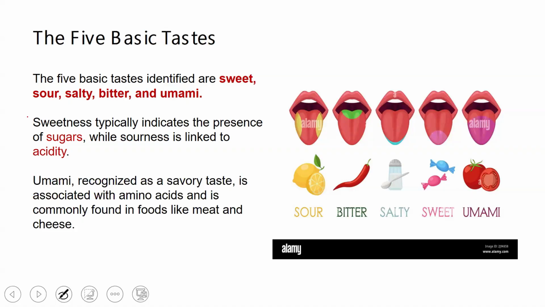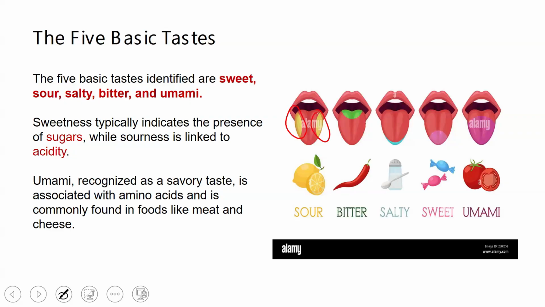So apart from apple, the taste that we have in meat and cheese are examples of the umami taste. And as you can see, ladies and gentlemen, from this picture, the sour tastes are detected by the side part of the tongue, and then the bitter tastes are detected by the tip of the tongue, and then the salty tastes,